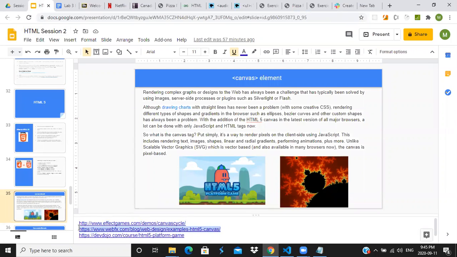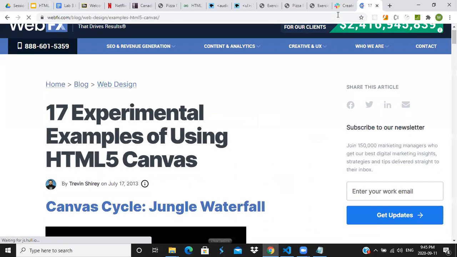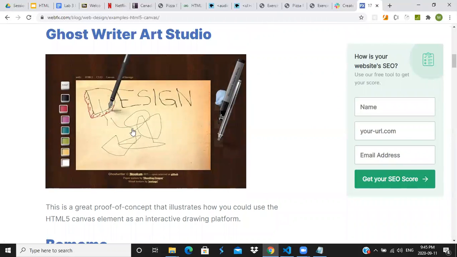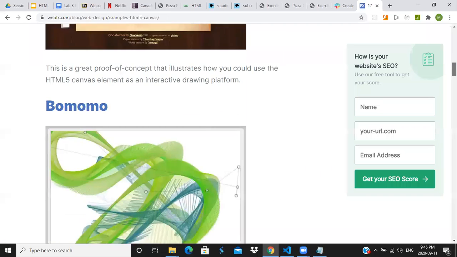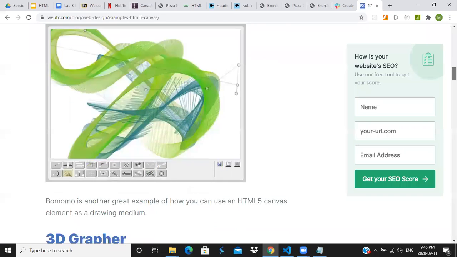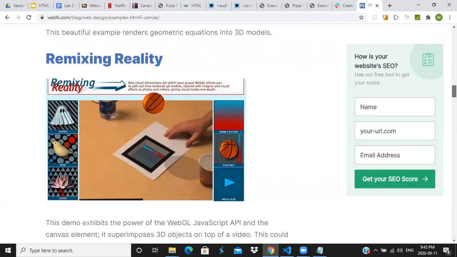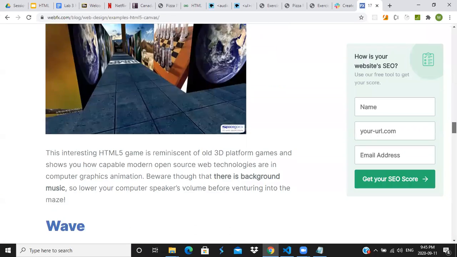Let me see if there are any other ones here, but that kind of gives you an idea what you can do. I don't know if this will give us some other examples. There's just a bunch of stuff, let's take a look. Hopefully it doesn't download some viruses while we're talking. Oh, that's not a good link. It sent me right to the MDN, so that sucks. There's a drawing one, a graphic analyzer. You can look at these links. I won't go through them all.